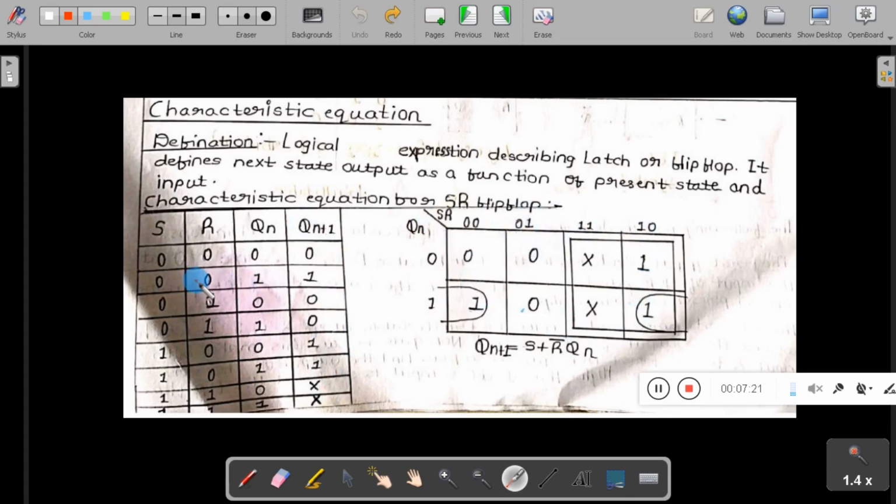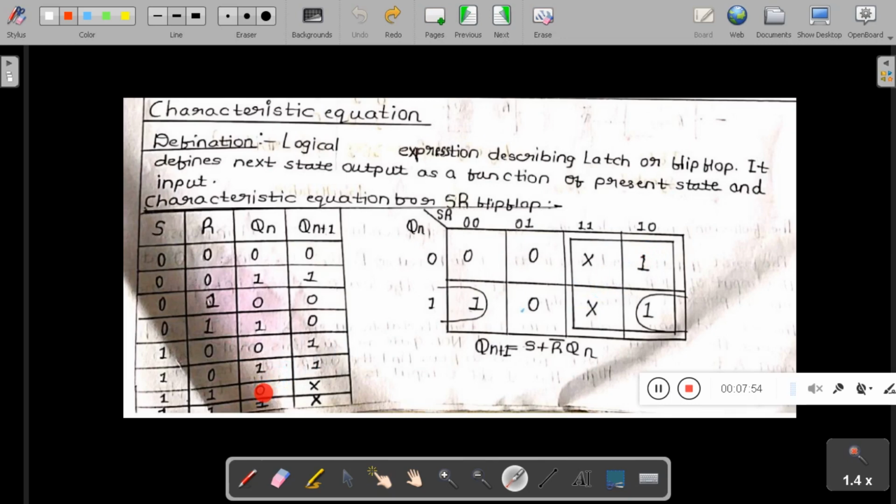So when Qn is equal to 0, S is 0 and R is 0, this cell is 0. Similarly, when Qn is 0, S is 0 and R is 1, this cell becomes 0. When Qn is 0, S is 1 and R is 0, this becomes 1.